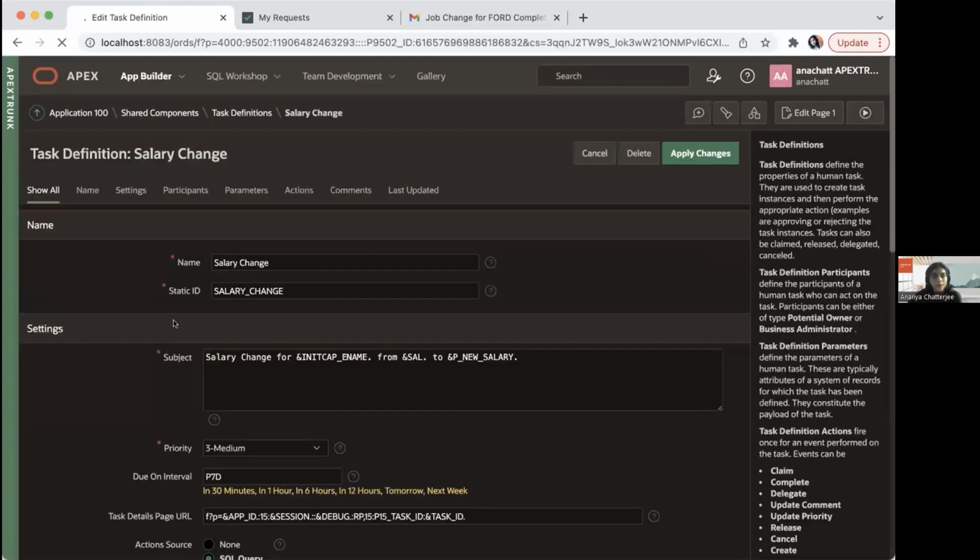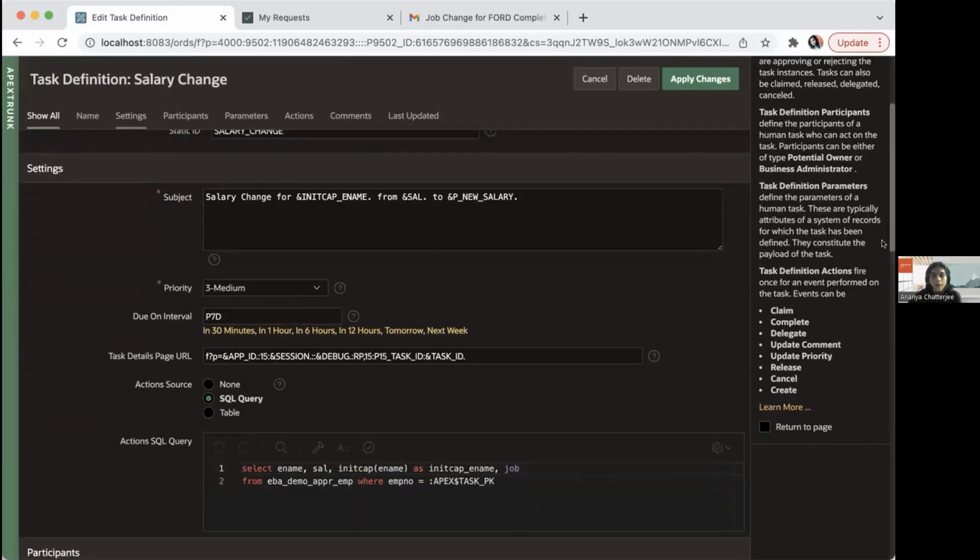In the task definition section, you have the usual suspects, the name, static ID. This is the subject that you were seeing throughout in your inbox, in my requests, my approvals, and also in the task details. This is where you set the priority. This is an optional due date that you can set. This is the URL of the task details. Whenever you create a new task definition, this is usually empty, and you have an additional button here called create task details page,